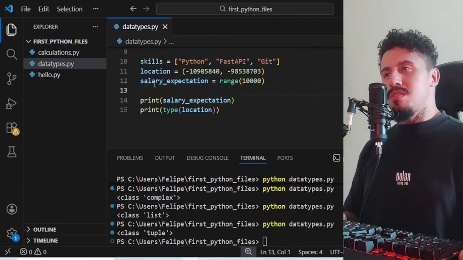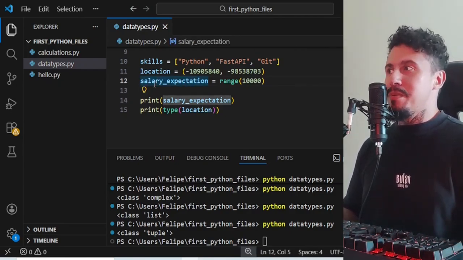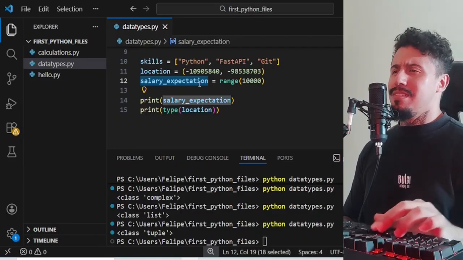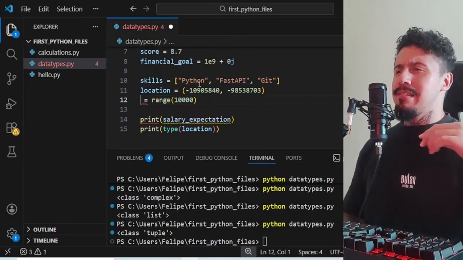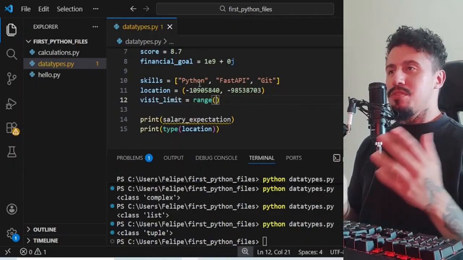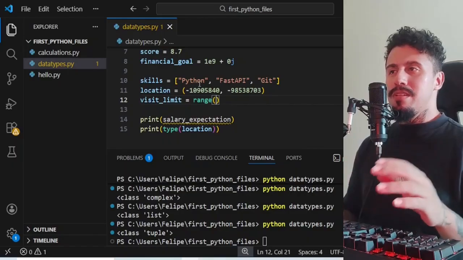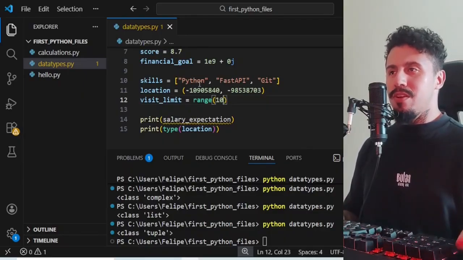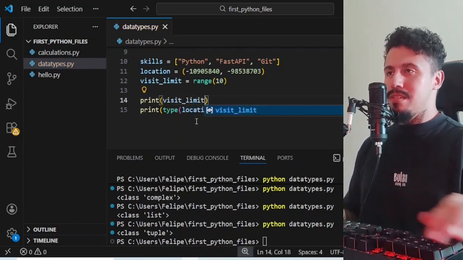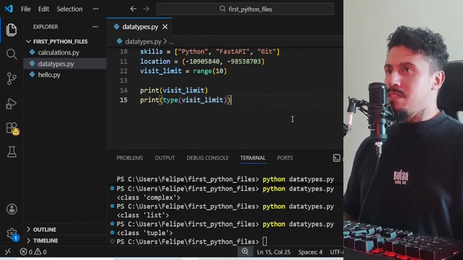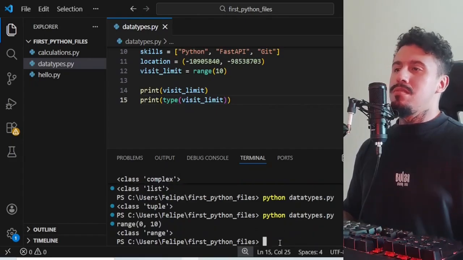So from 0 in this case, so salary expectation, it's not a good example. Let's change this example. This example is pretty bad. Visit limit. Let's suppose that I'm going to visit some place and this place has a range of visits, for example, 10, right? From 0 to 10 visits. If I print visit limit and I print here the type of visit limit, let's see what happens.